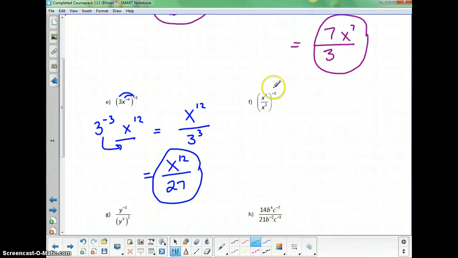In the next one, distribute this power into both parts, or simplify first, then distribute. Okay, so if we look at those two options, if I